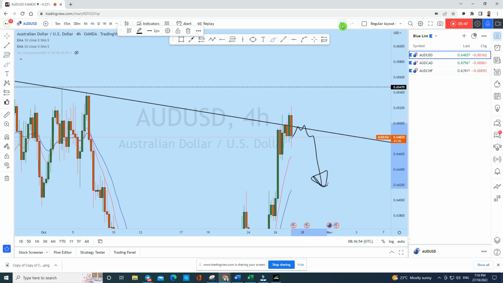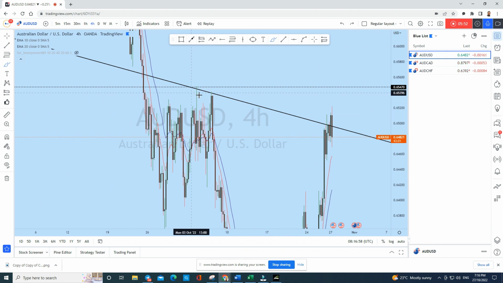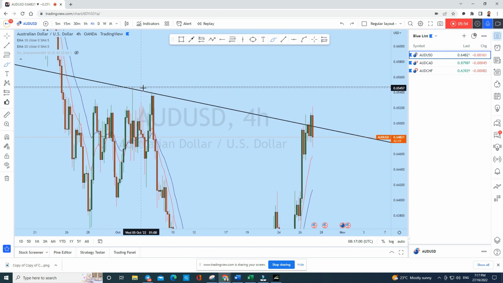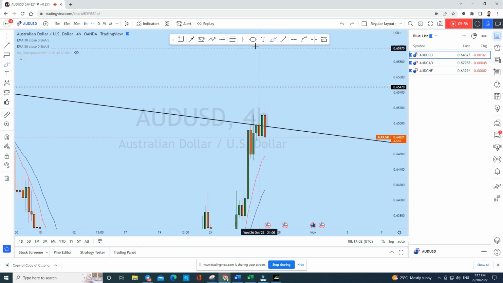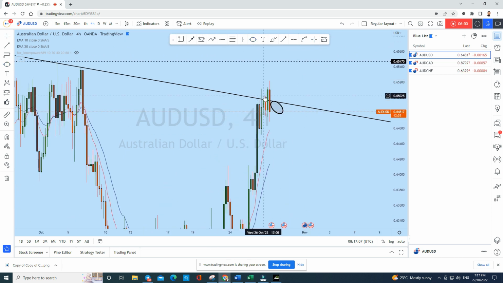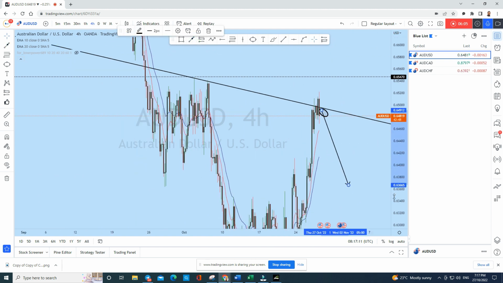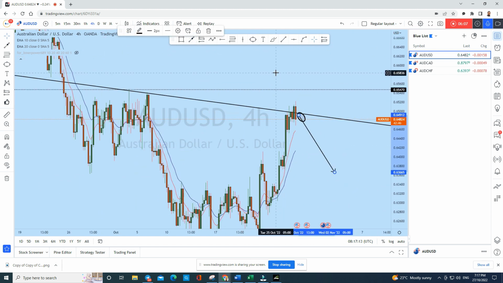This current candle is also creating a very strong bearish engulfer in this zone, as you know that this is the long-term trend, and we see there is a resistance coming up. We can expect Aussie dollar to create a false break, as this looks like a false breakout. We can expect this price to come back down at least to a certain level,